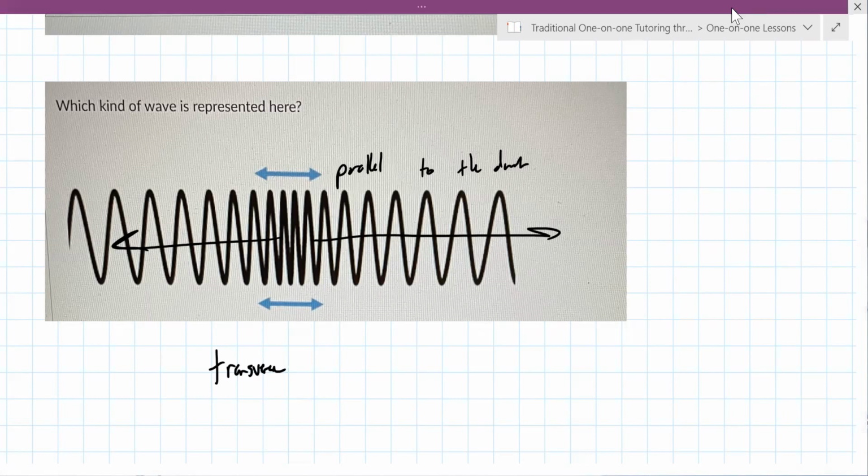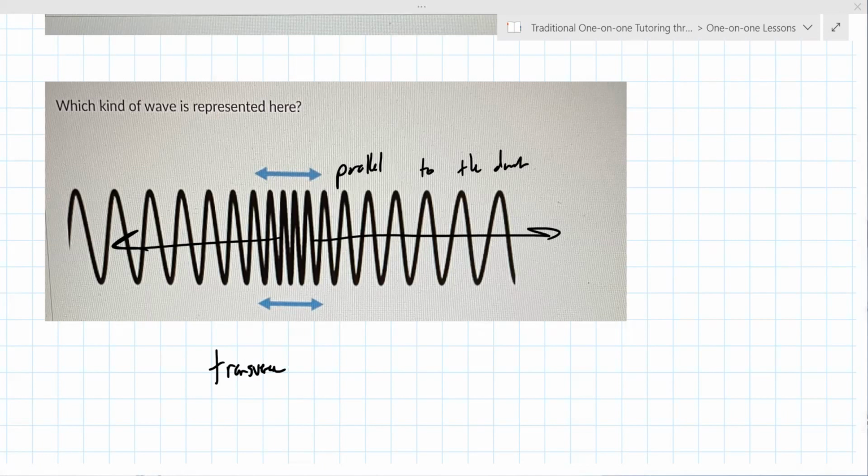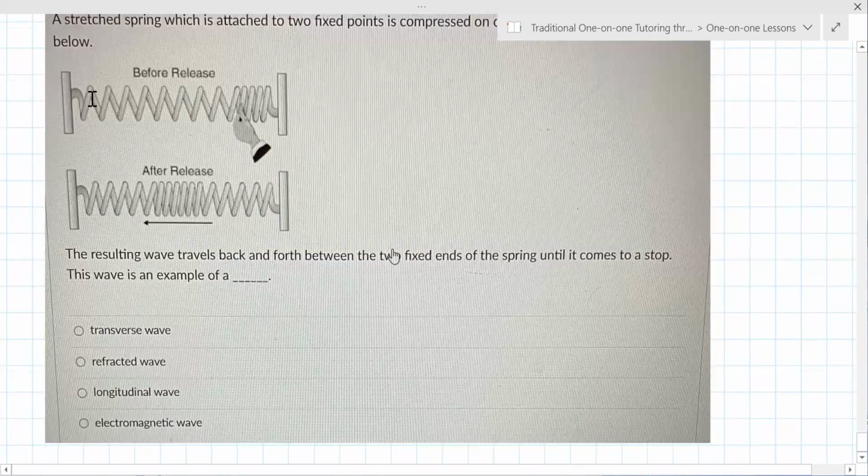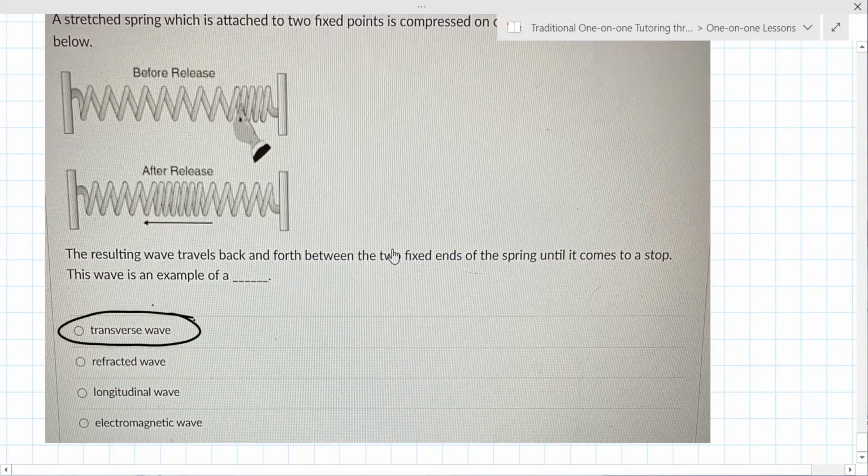So the next question actually is really similar because it's showing a diagram where you pull the spring, like you pulled it out away from the wall and then you release it towards the wall. It just moves back and forth, back and forth, back and forth. And that is transverse. Just let me just really quickly